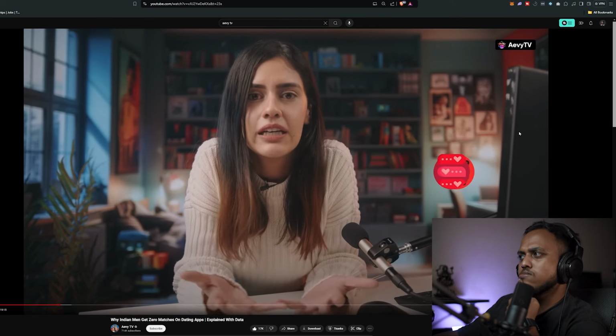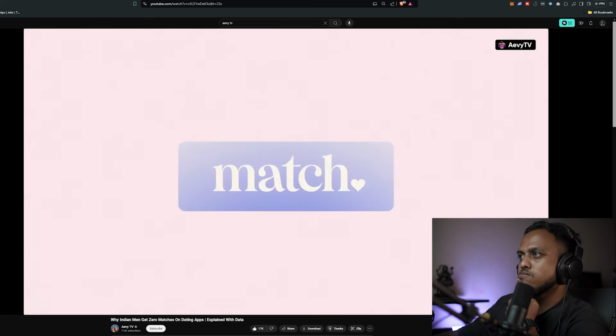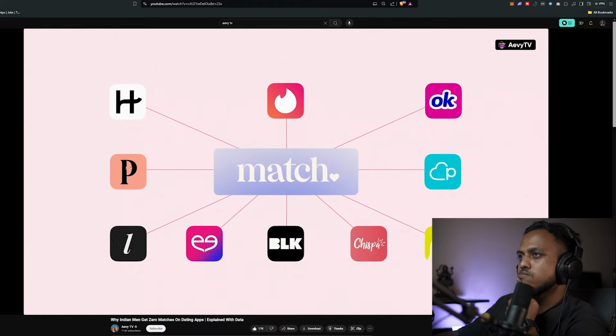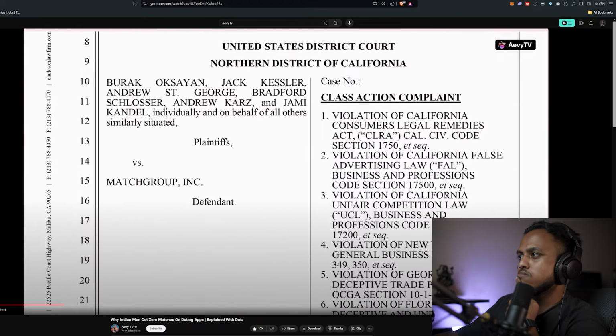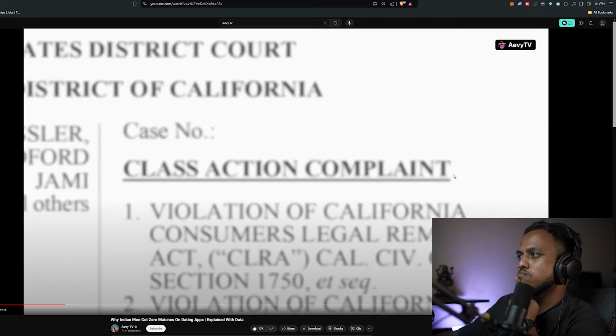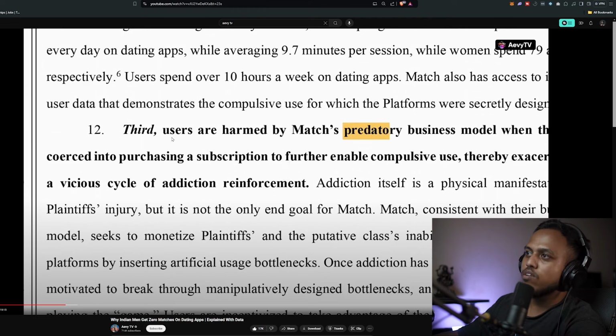Then how do they make money? In fact, you know, just in February, Match.com, which owns all of these dating companies, by the way, was sued for this very issue. The allegations were that the predatory business model